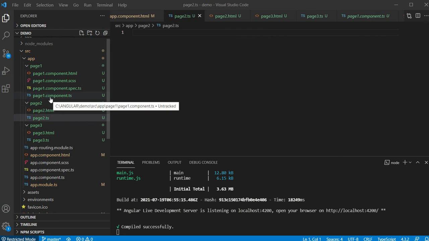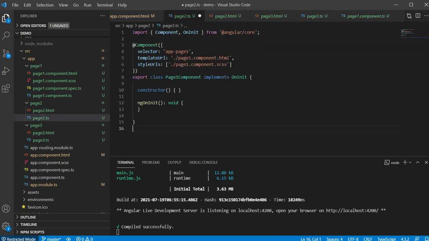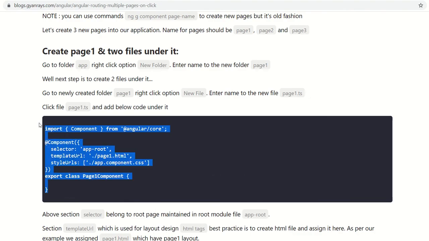Well, here you can copy this content in page 1, which is generated by the Angular command. You can paste it into page 2. In addition, in my tutorial also, I have mentioned the code. You can use it. That's not a problem.